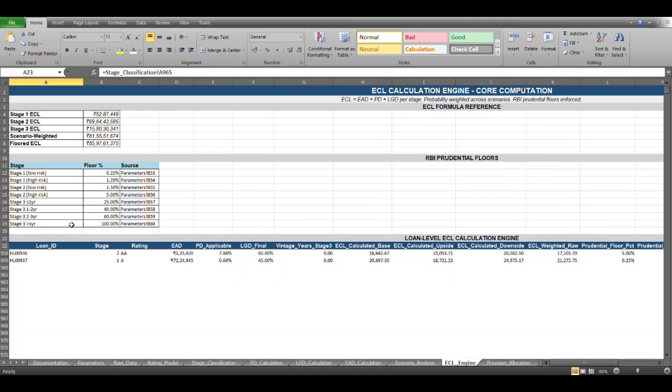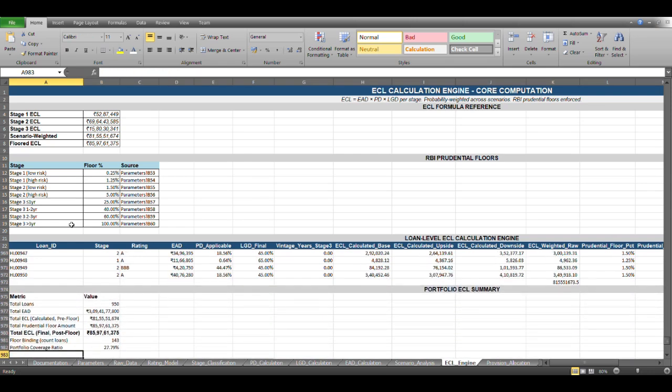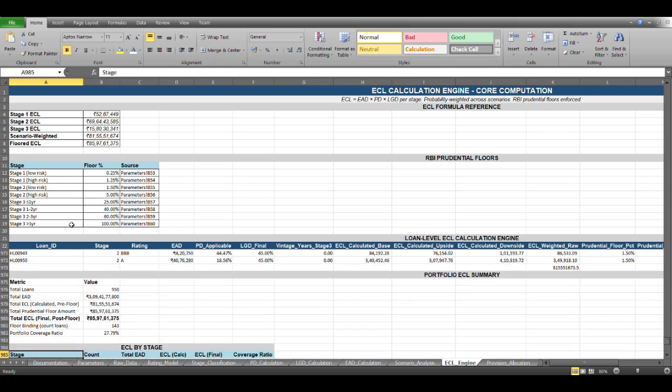So let me take you directly to the summary sheet, because there is no point of going through the data set.